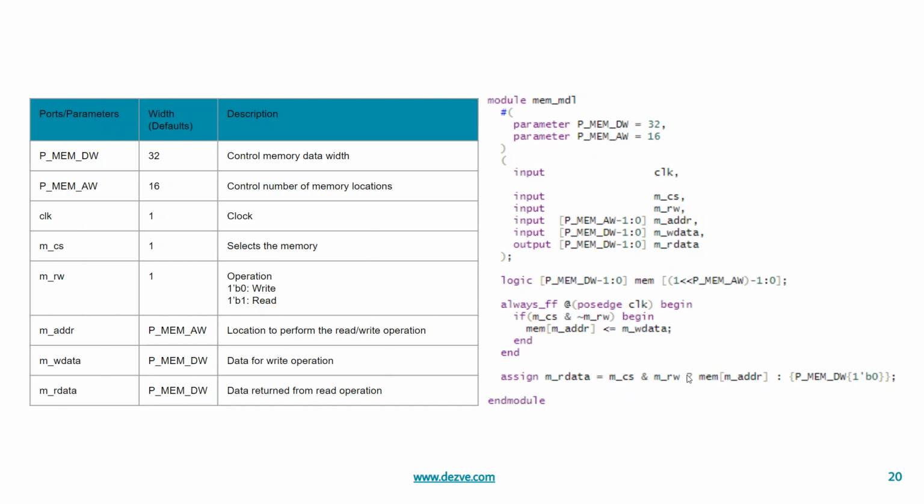So in this case, we could have directly sent out the value at m_addr, but then what would happen is that even in case of a write, we would be trying to read that particular location, correct? That we are not trying to do. If a user has explicitly stated that he wants to perform a read operation, then we will provide him the value stored at that memory. Otherwise, if the read is deselected, then this particular output port will be driven by all zeros.